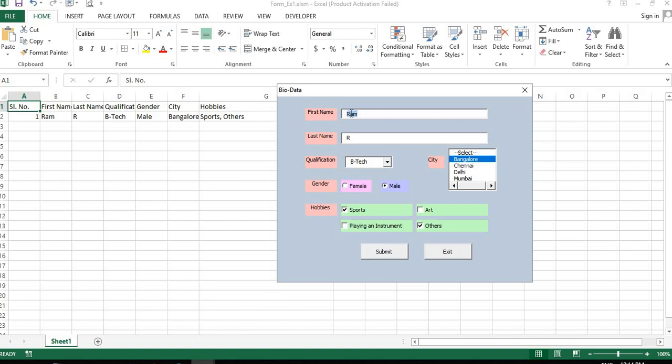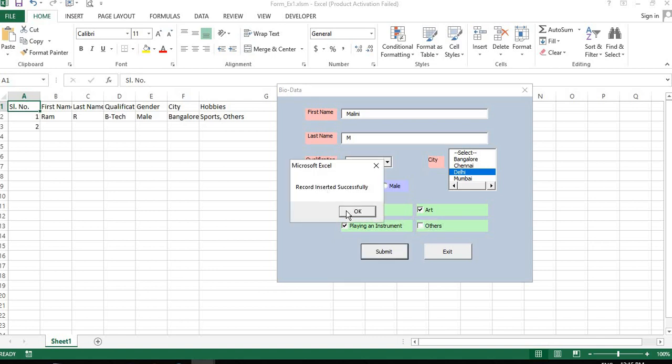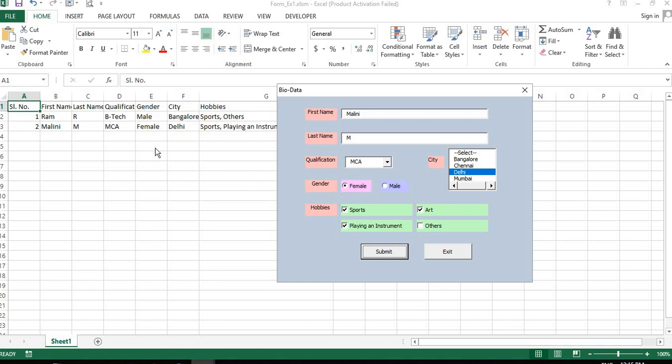Let us insert one more. Qualification, place, sports, art, playing instruments. I want to take all these 3. Submit, record inserted successfully.